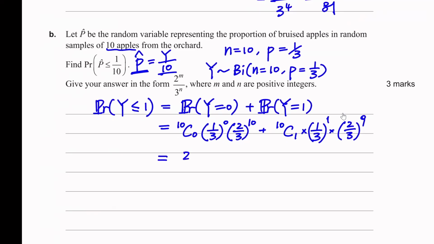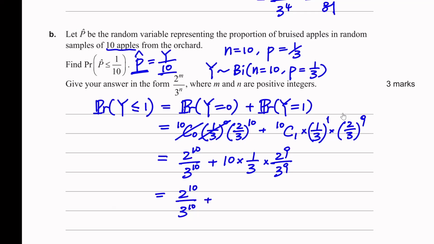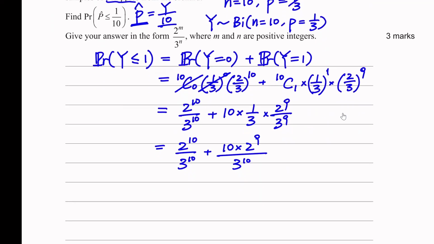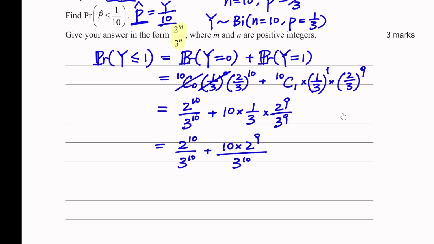Eventually, you get 2 to the power 10 divided by 3 to the power 10, plus 10 times 1/3 times 2 to the power 9 divided by 3 to the power 9. And this is 2 to the power 10 divided by 3 to the power 10 plus 10 times 2 to the power 9 divided by 3 to the power 10. So eventually we can just combine 2 parts into 1. The question wants you to give the answer in this form, so it's definitely possible to